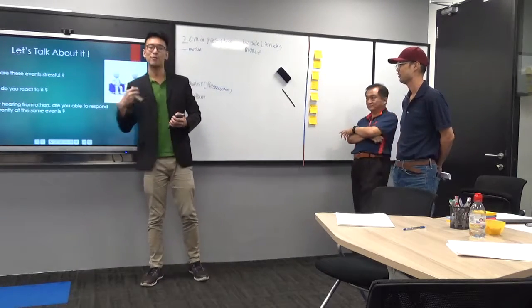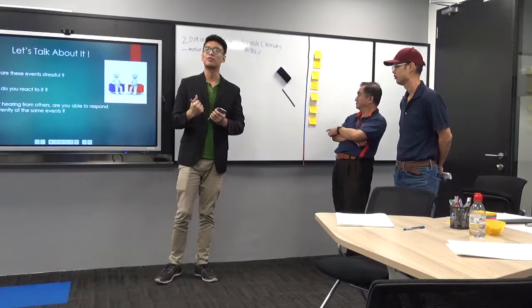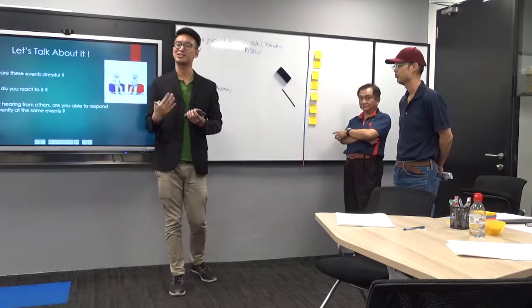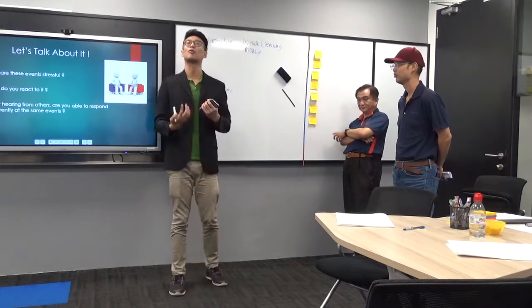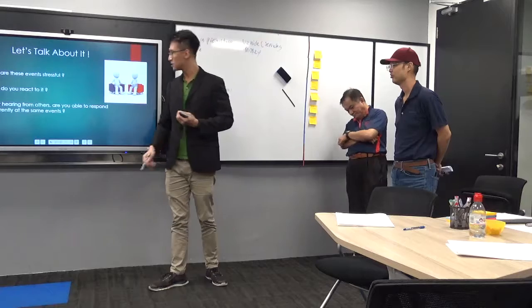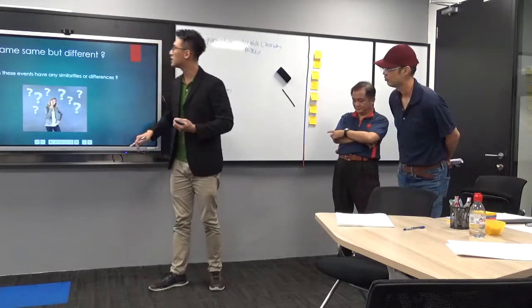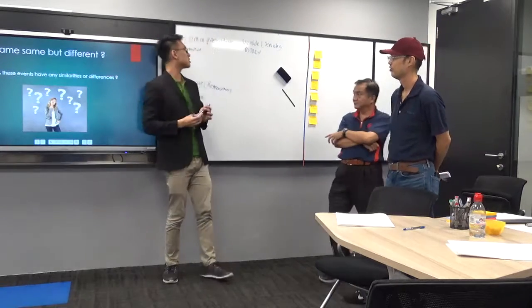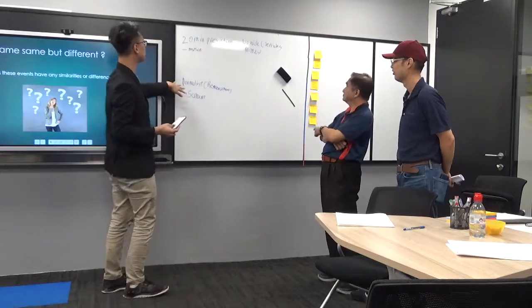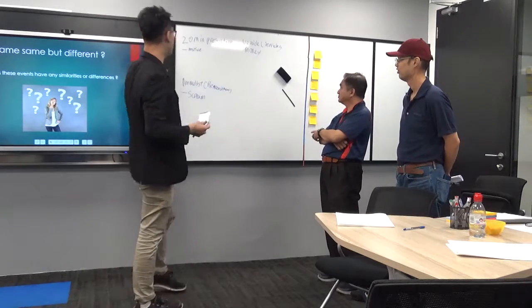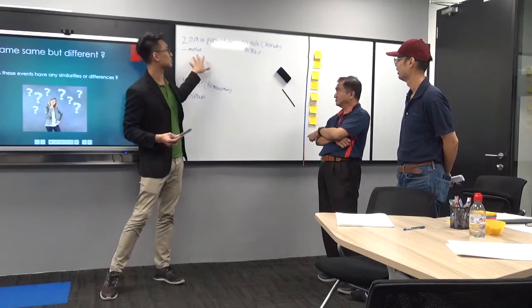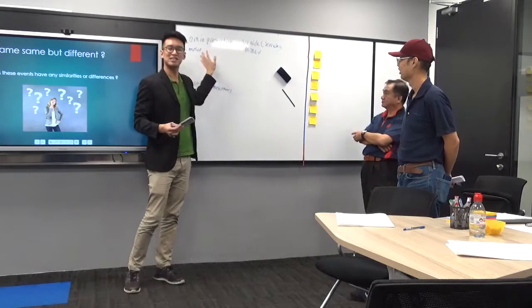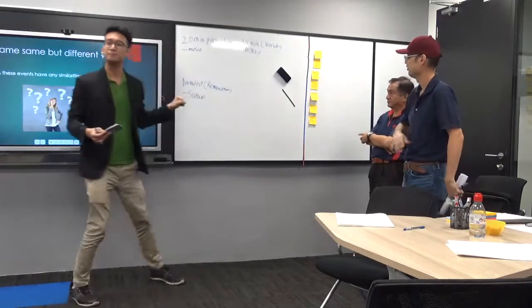So, remember earlier just now, we said that we are going to learn how to identify this stress and how to manage it so that we can actually improve our quality of life. So we'll begin this process and let's ask ourselves, we have 3 events over here. Do you see any similarities or differences with regards to these three stressful events?